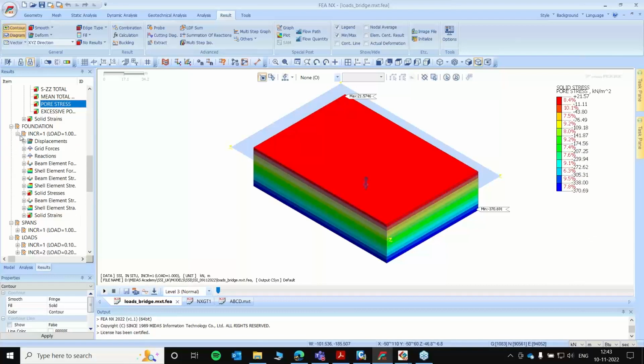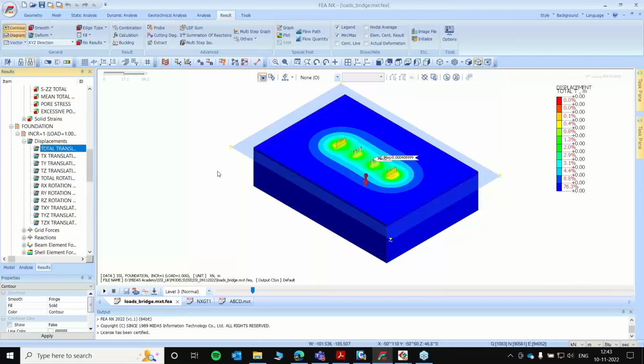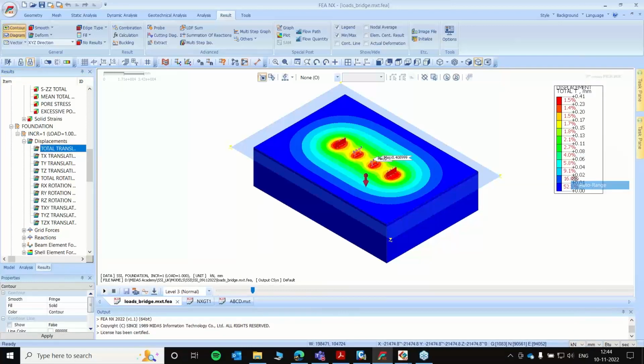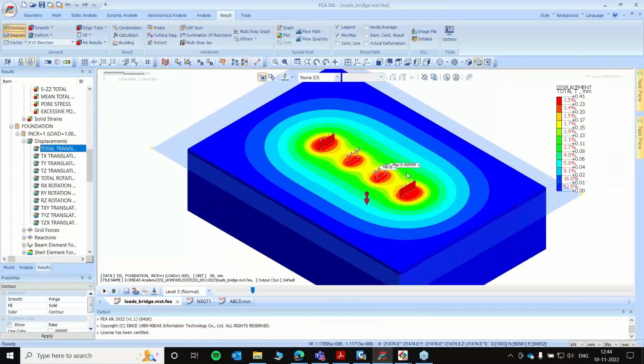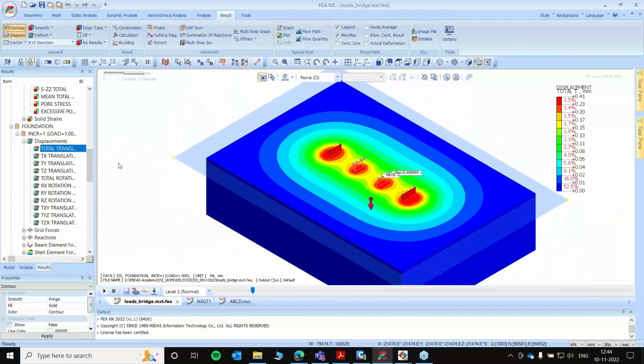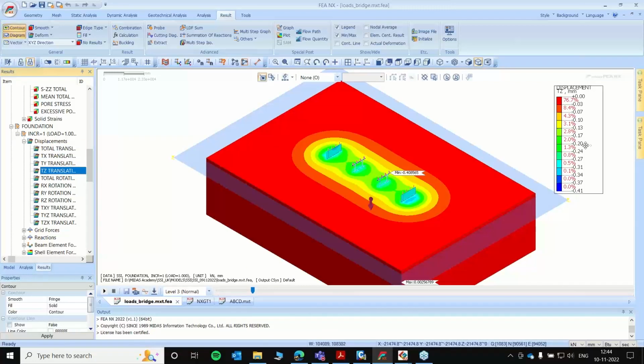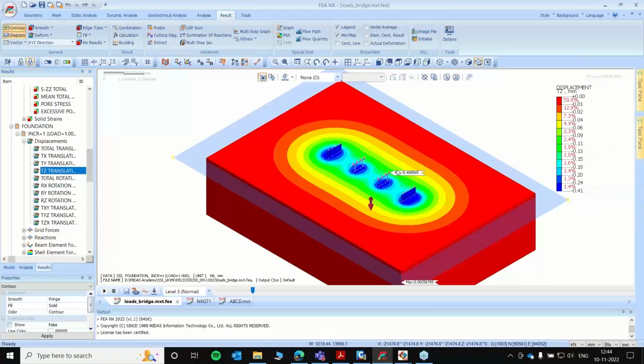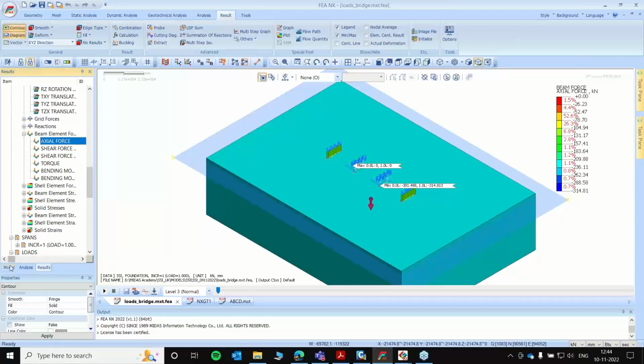So with the foundation activated, the ground displacements look like this. Okay, the total translation, the settlements. Then if you want to check for the forces, you can also do that.